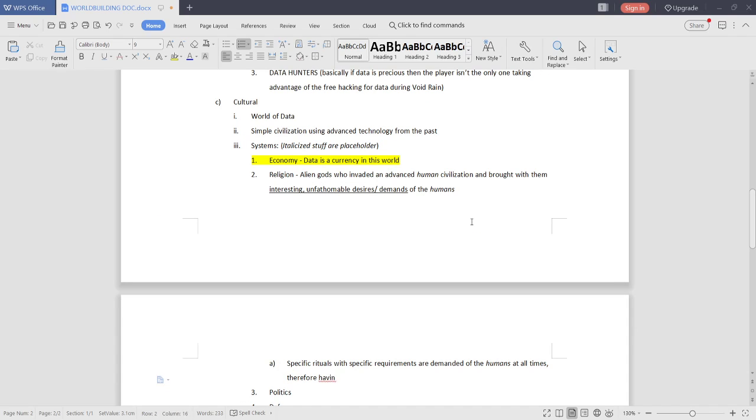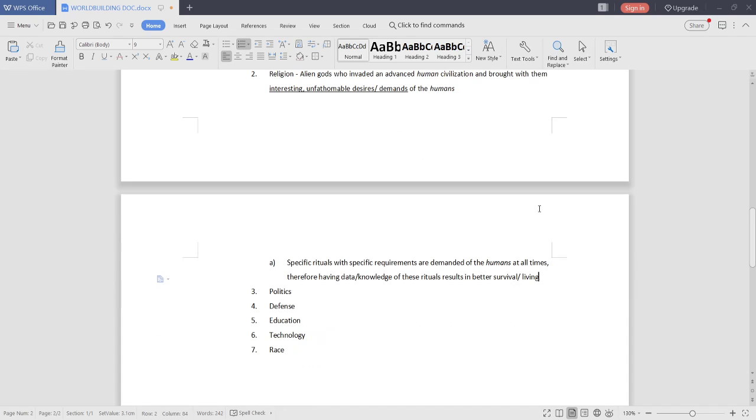Therefore, having knowledge, well, that's another way of calling data. Having data slash knowledge of these rituals results in better survival slash living.